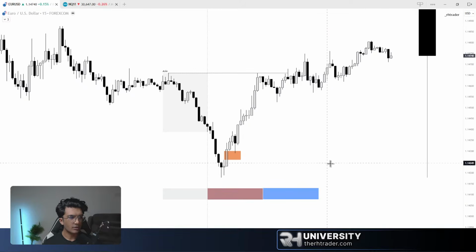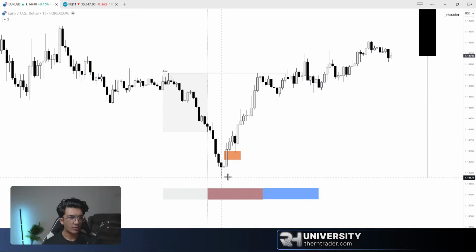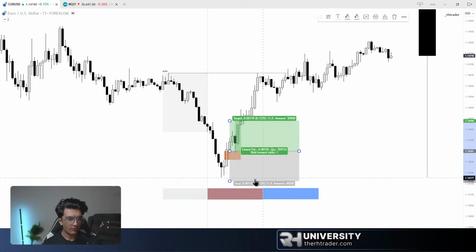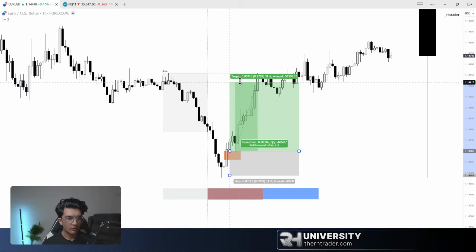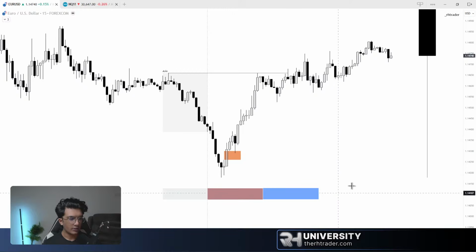So in this case, you would most likely want to trade the London manipulation profile. It is not favorable to trade the New York session, right? This will be a New York continuation because New York follows the same direction that London has formed. So in this case, we have a nice swing low. If you actually enter right here, that will be the best trade for you for the day, right? Because you have nice risk to reward all the way here, 3 hour and moving forward. You don't really need that.